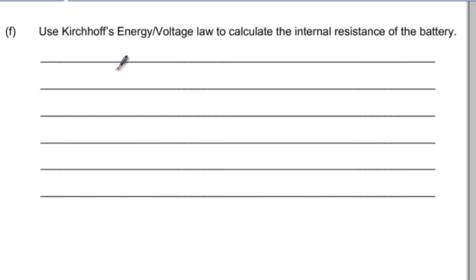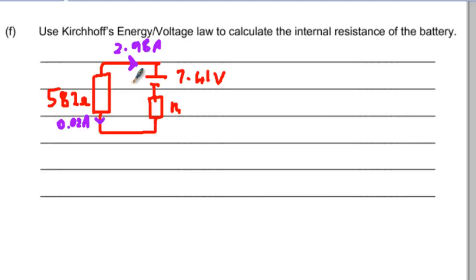Well, there are two ways of really answering this question. The first one is to use Kirchhoff's voltage law directly. So if we just redraw the circuit, as with all Kirchhoff's voltage law questions, the first thing you need to do is decide on which way you want to walk around the loop. I'm going to start up here in the top corner and walk around in an anti-clockwise direction. Okay, so we're going to go